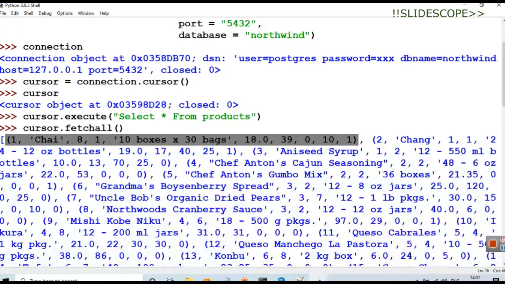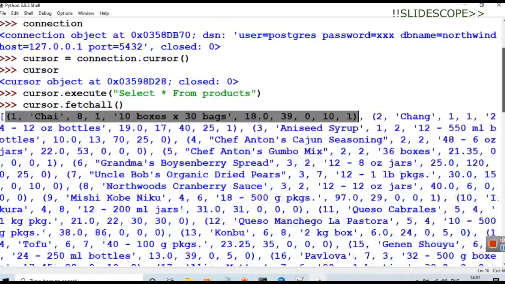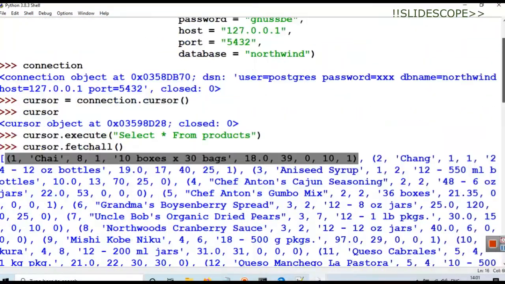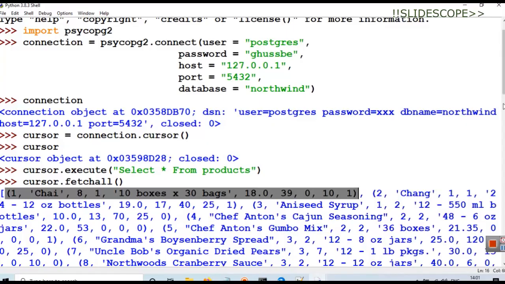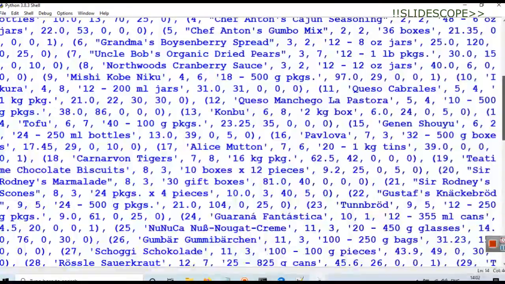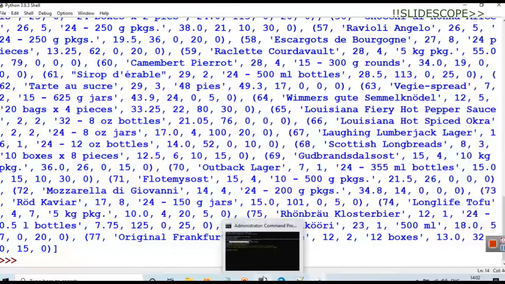In this list there are all the tuples, and the number of rows inside our table is equal to the number of tuples that we are seeing in this list. You can see we are getting all the values in the form of tuples.